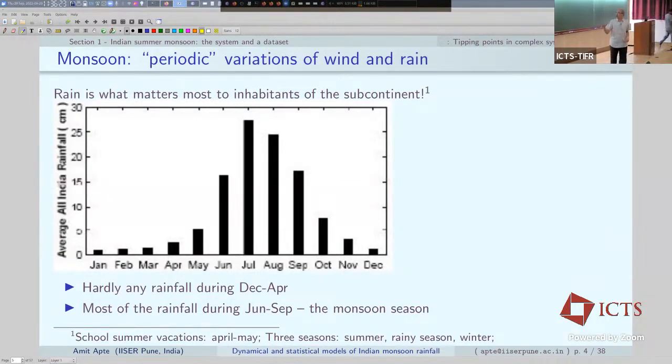But averaged over the Indian region, this is from the data set only over the Indian political landmass as of now. But anyway, that's because of availability of data set. So what this shows is what we already know very well: June, July, August, September are the monsoon months, the rest are not. But monsoon really relates to a much larger thing than just rainfall. It really relates to wind.